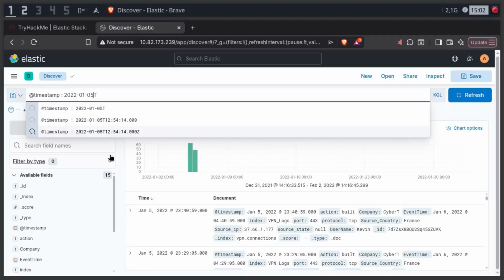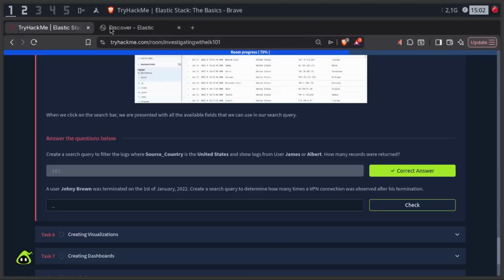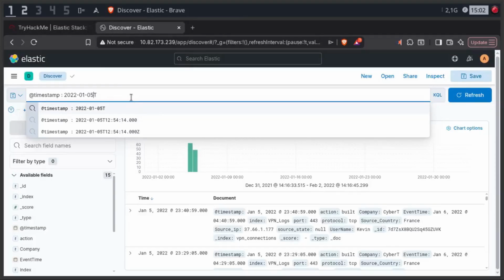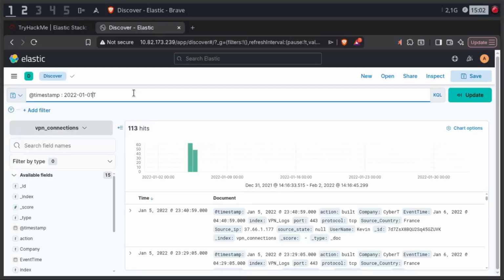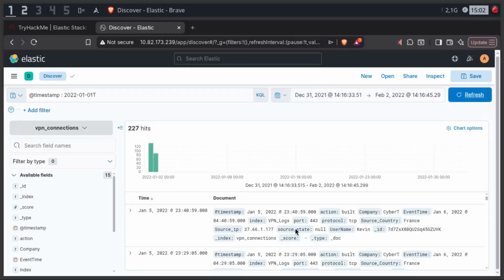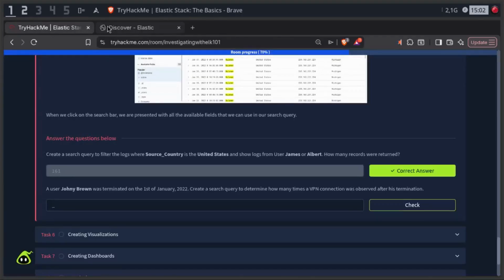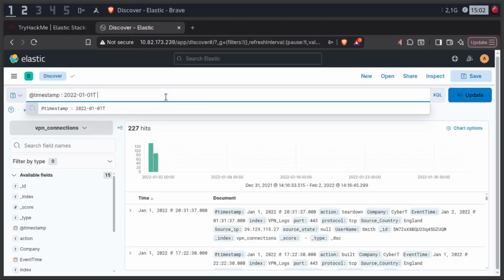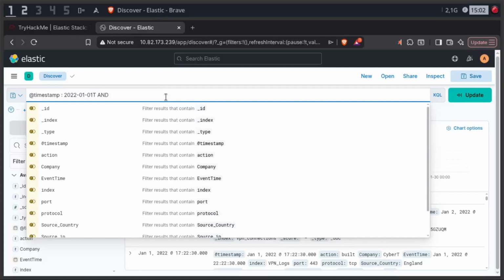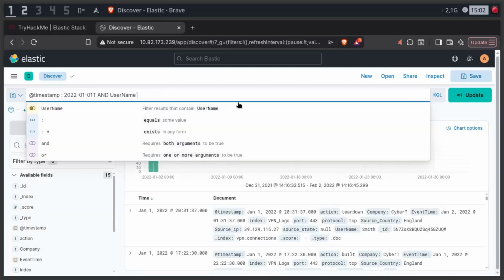Okay, let's do the. I believe he was fired on the 1st of January. So like the very first day of New Year's, they fired this guy. That's crazy. Okay, and VPN log. So about 227. Okay, and username equals